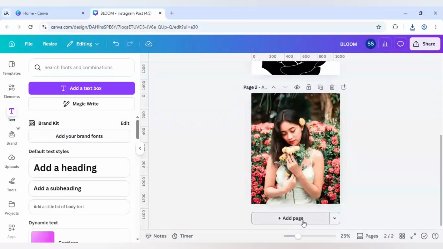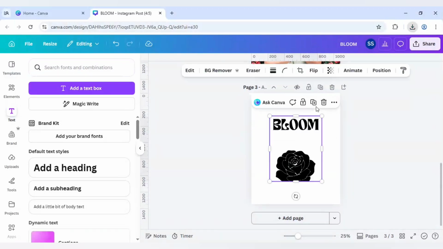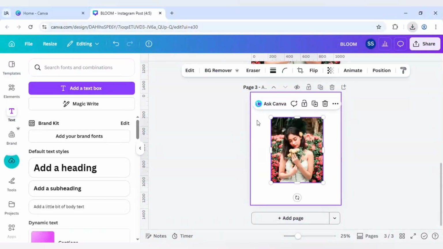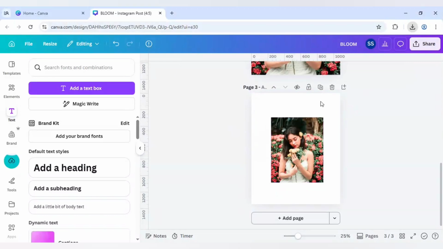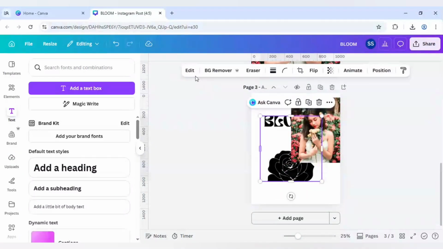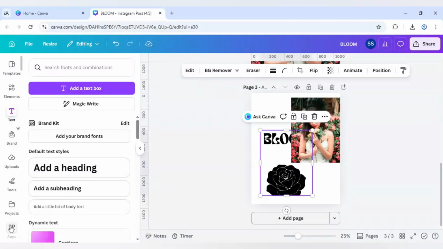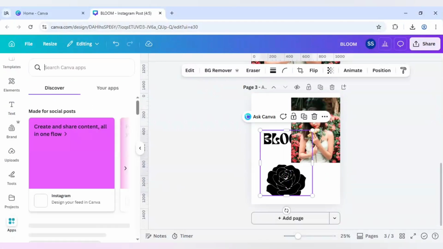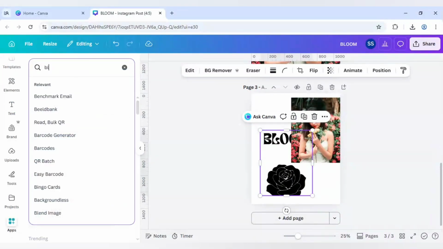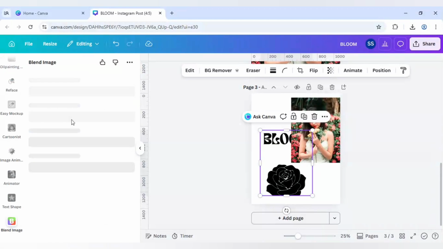When the downloading is done, click on add page, and after that just re-upload both the images which you just downloaded in Canva. Okay, and after that just separate these two. Okay, now go to apps, click on this search icon, click on here and write blend, click on blend image,